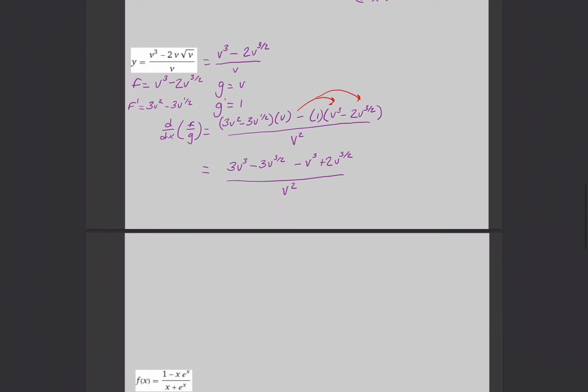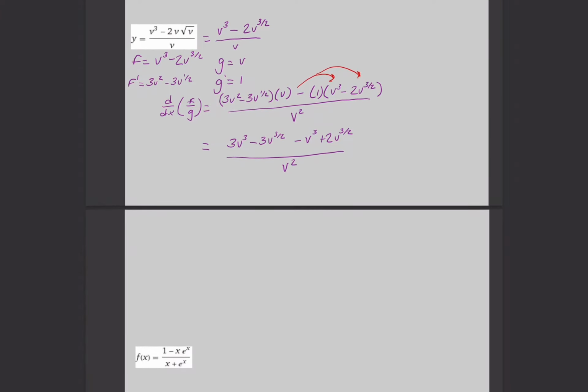And now, on our next step, we can combine like terms on the top, and we'll get 2v cubed minus v to the 3/2